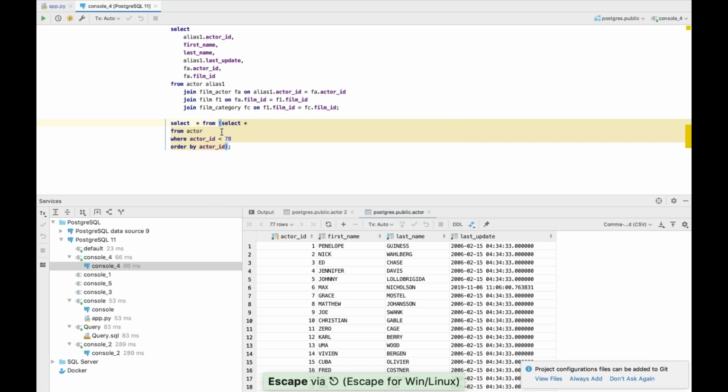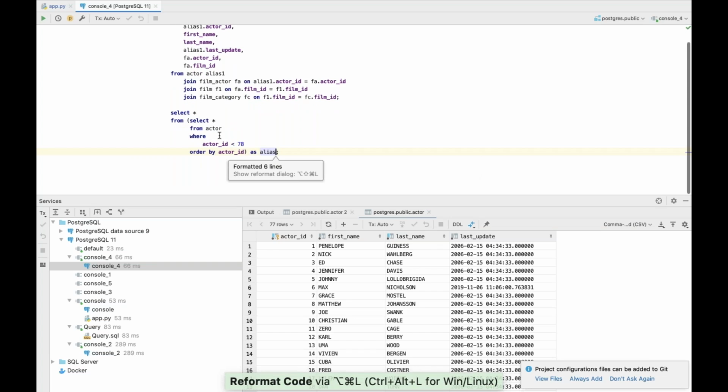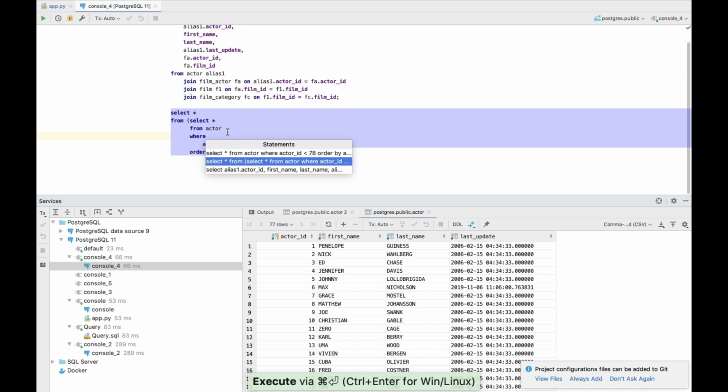By the way, it's again yellow, and it tells me, okay, each derived table should have an alias, and I say, okay, introduce alias. The alias is a little bit stupid, but I will create my own one. Okay, I'm done. So if you have a subquery, again, this chooser will offer you to run this particular query, maybe